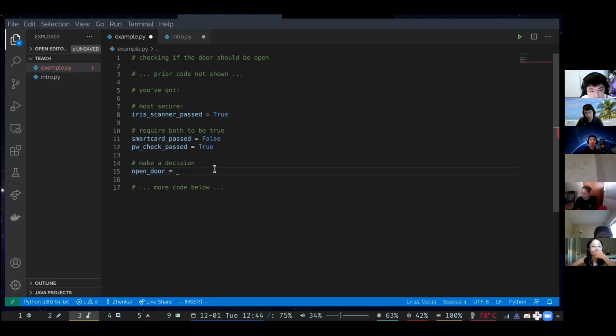Now that we have complex Boolean expressions, we can do iris scanner passed or both smart card and password check passed.